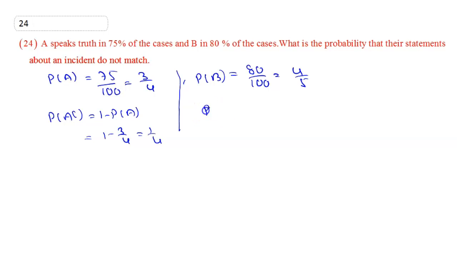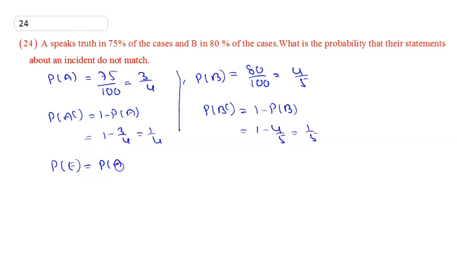Next, here also we need to find P of B complement, that is nothing but 1 minus P of B, that is equal to 1 minus 4 by 5, that is 1 by 5. So here the condition is about an incident that statements do not match. So here I am taking that as an event, right? So P of E is equal to